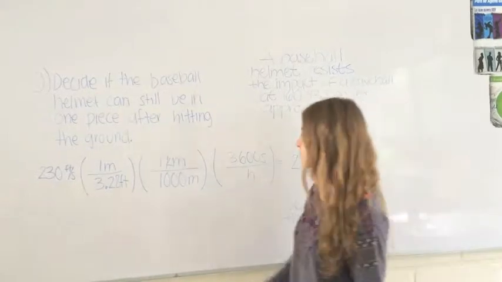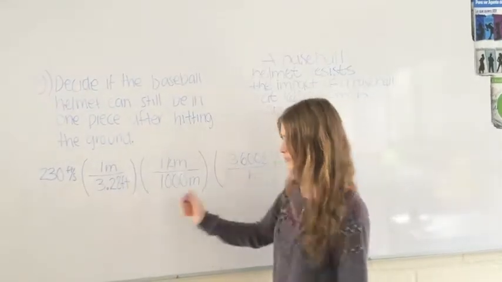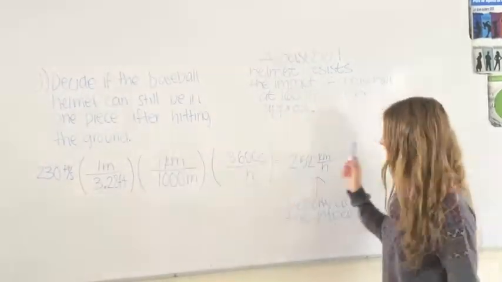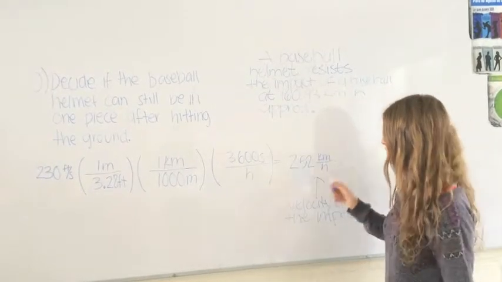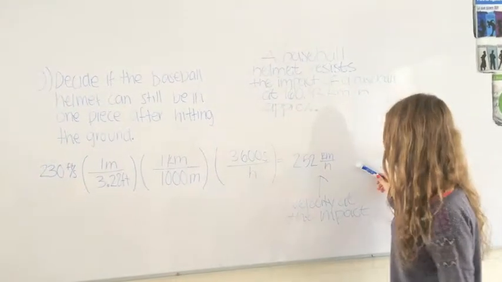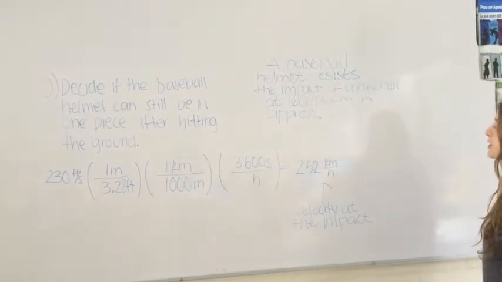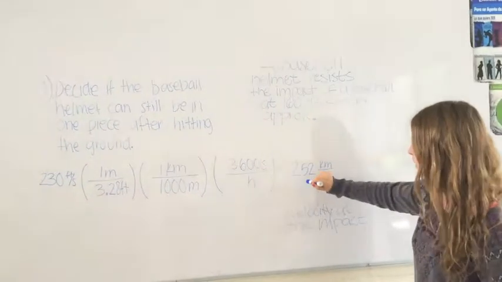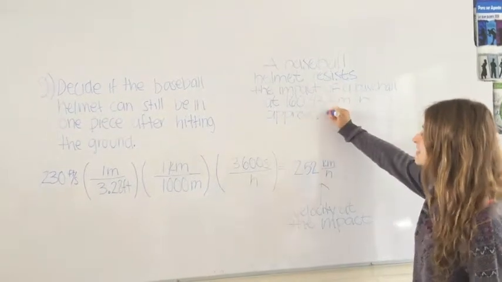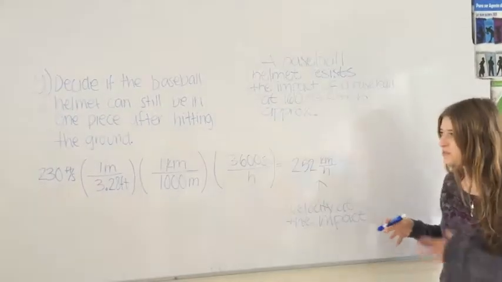So we solve the problem, and we get 252 kilometers per hour, and that is our velocity at the impact. And because this is a greater number than this, it obviously breaks into